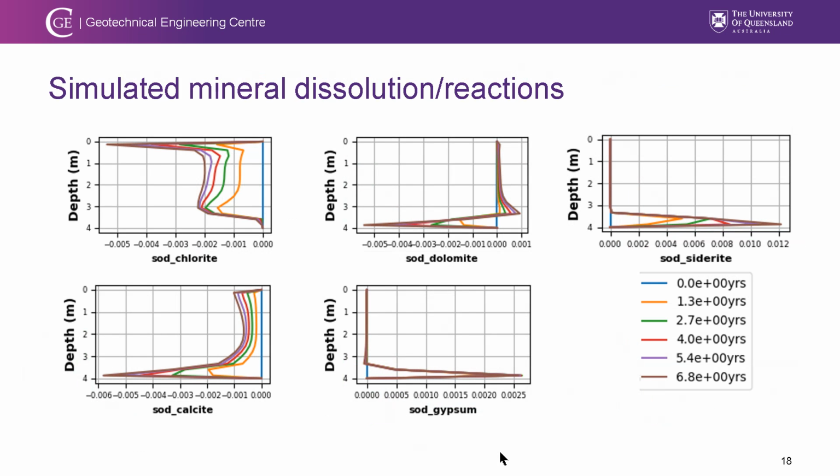So here is the mineral distribution within the column. The 0 here indicates there is no precipitation or dissolution. So the negative goes to the dissolution and the positive goes to the precipitation. And what we can see is that the chloride and calcite for column 6 is dissolving over the whole depth of the column, whereas the gypsum and the siderite is precipitating at the bottom section of the column. And this is the reason why the iron is not coming out as a leachate,